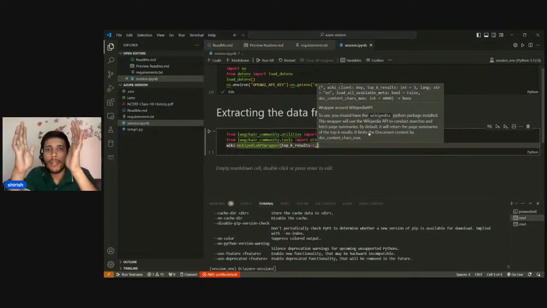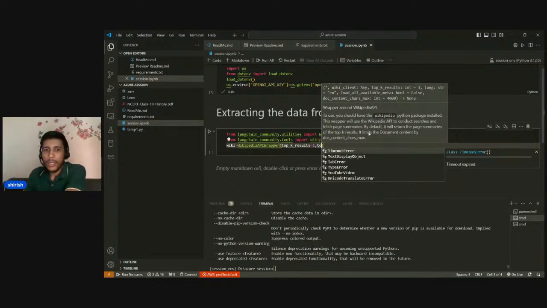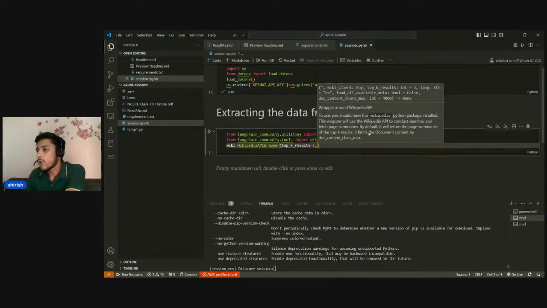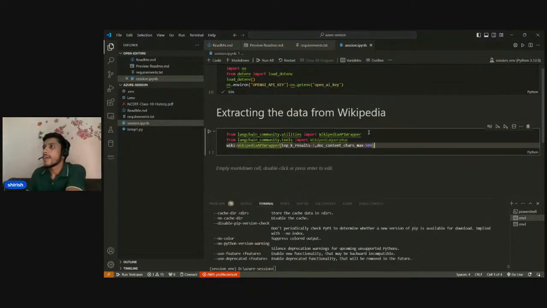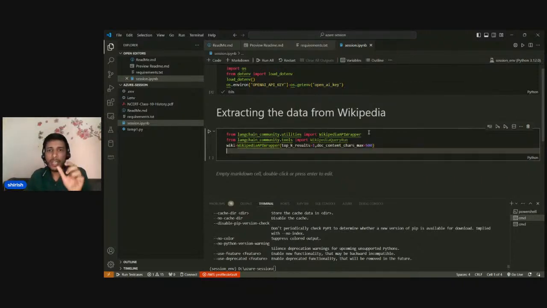We need limited documents because there is a token limit in OpenAI as well. So we'll write doc content characters, how many characters you want. Let's assign it 300. I guess 300 would be more, so let's use 500. Then after we have assigned the API wrapper, it will search according